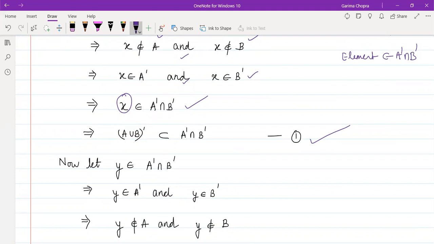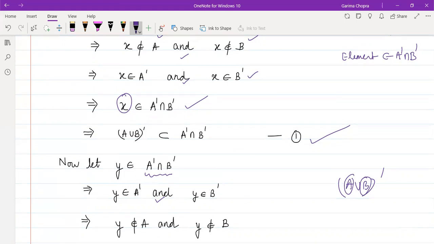And again, from this set, we will try to reach the set which was present on the left hand side, which is A union B complement. Now, if you are saying that Y belongs to the intersection of these two sets, it means it will be present in both of these sets. So we have written the same thing here in words. And here this "and" is important, that Y will be belonging in both A complement and B complement. And since we need A and B, from this A complement and B complement we are trying to reach set A and set B.